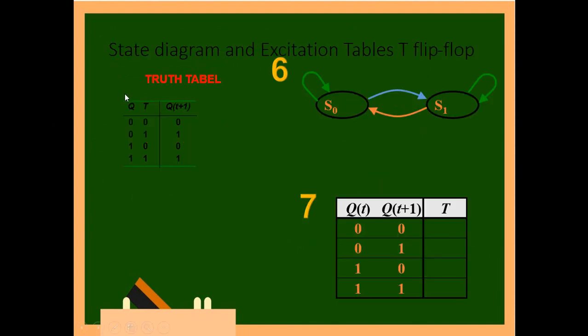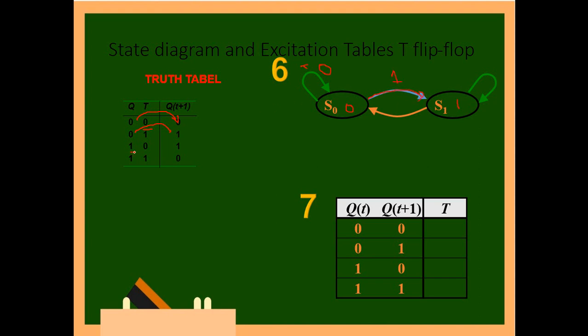In the state diagram of the T flip-flop, let's discuss the T flip-flop truth table. In this truth table, how it changes from the previous value to the next value. When T is equal to 0, it is the same. So this is the 0 condition, this is the 1 condition, the state S0 is self when T is 0. So this is the T value. Then it changes from 0 to 1 when T is 1.